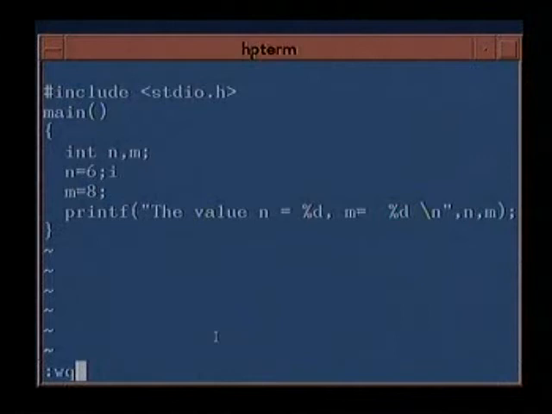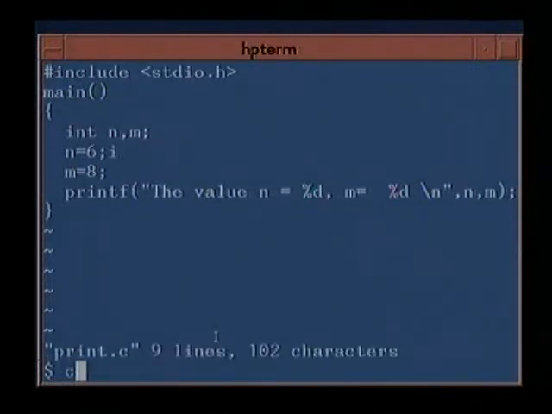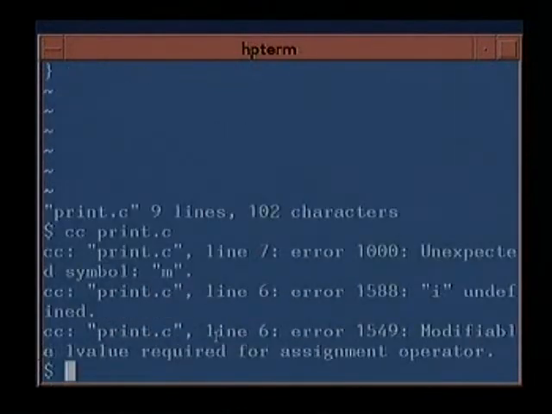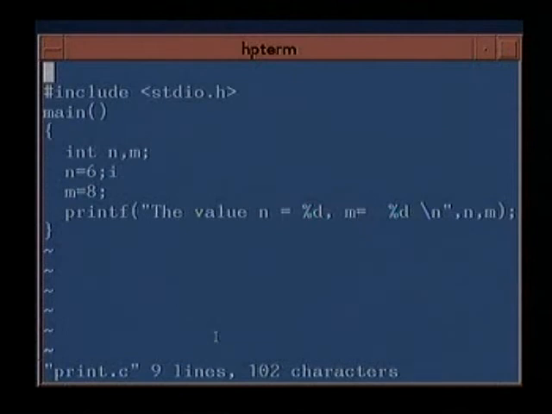So this is the program. There is some mistake. Oh, there is an extra character out here which is incorrect.